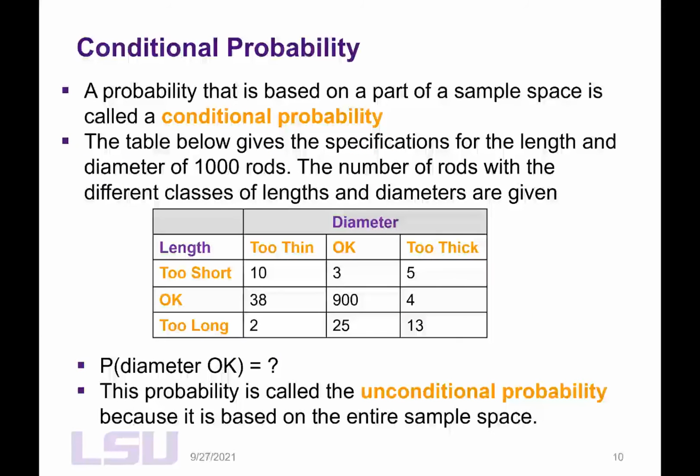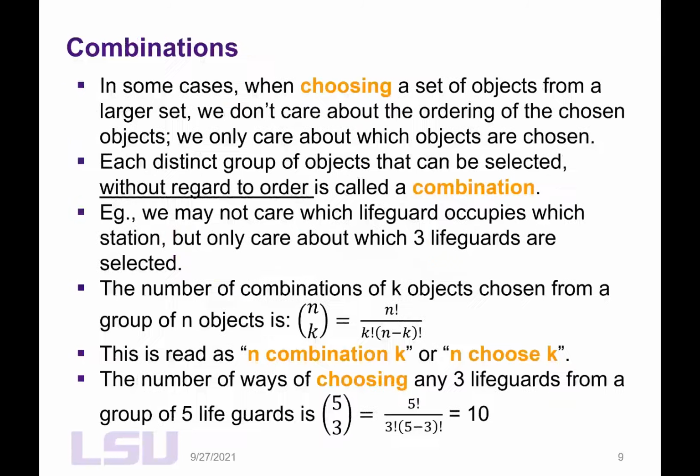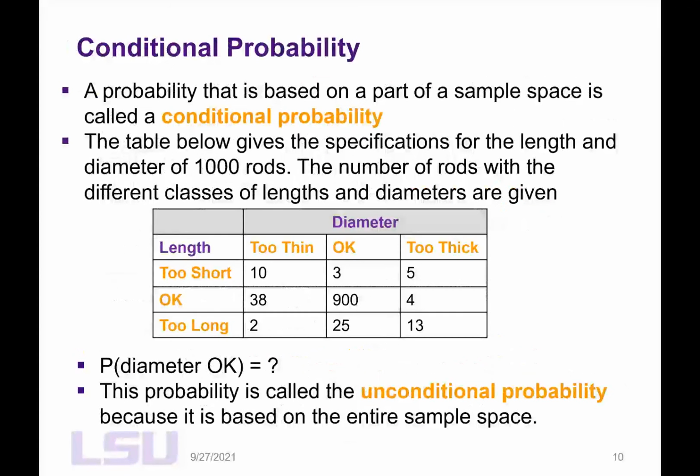Now we move on to talk about conditional probability within the context of a simple example. And at the end of this, I'll introduce the mathematical equations that we can use to calculate conditional probability. A probability that is based on part of a sample space is called conditional probability. So it is very important to realize we are looking at a part of the sample space and not the total sample